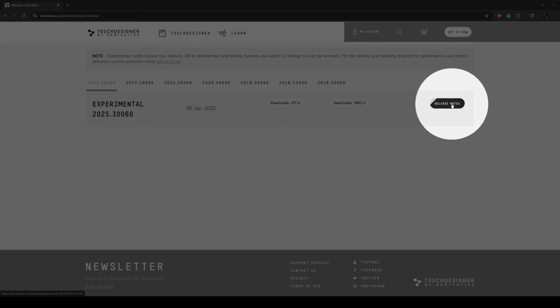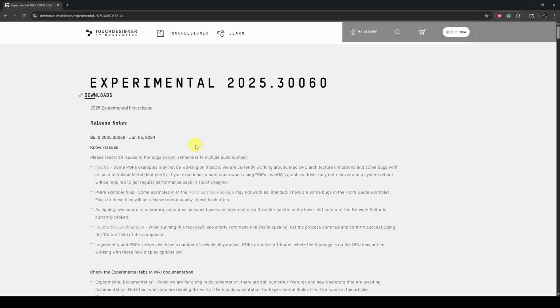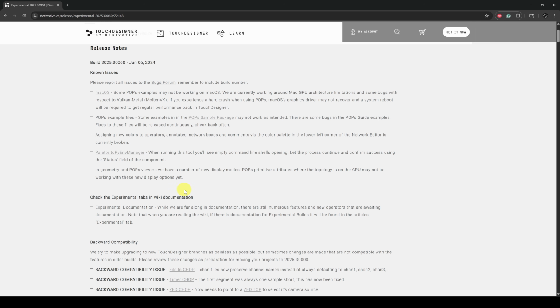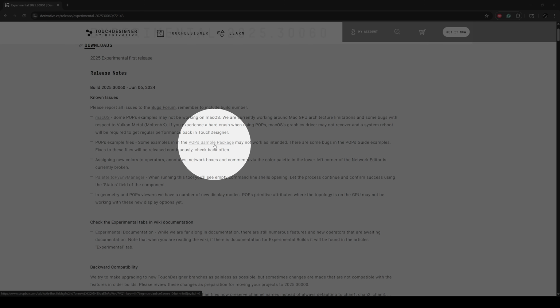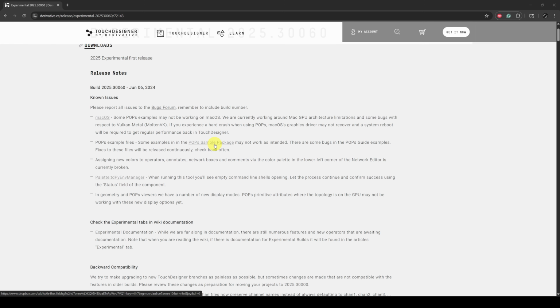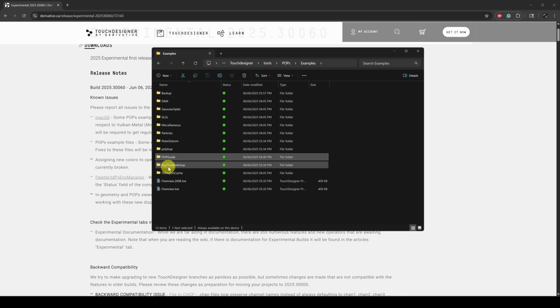But the important thing is here in the release notes, you press here and you're going to have information about this wiki and everything. But the important thing is this, the POPs samples package. When you press that, you're going to have access to a folder, and the folder is this one. These examples. You have a lot of things, but